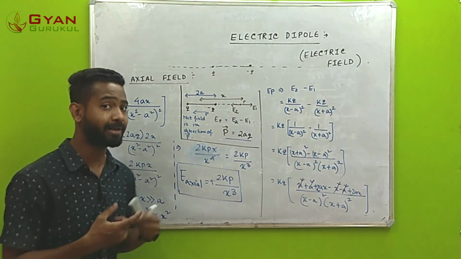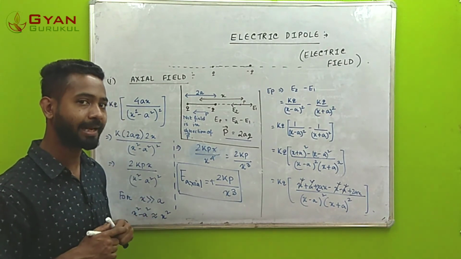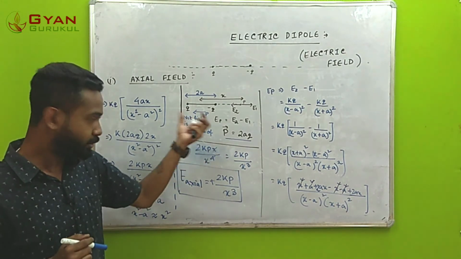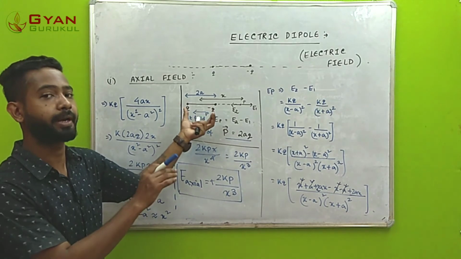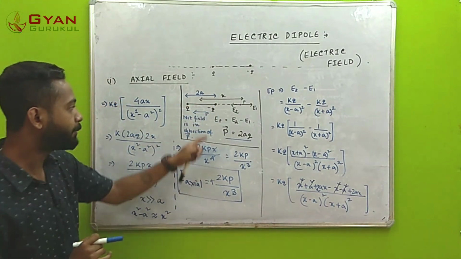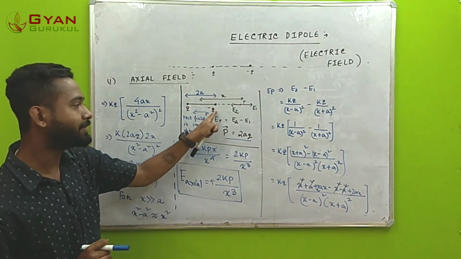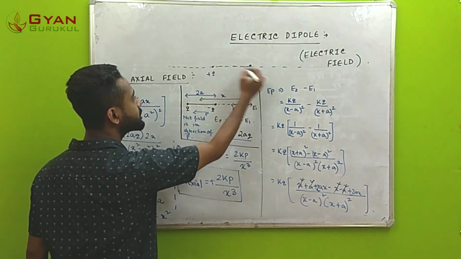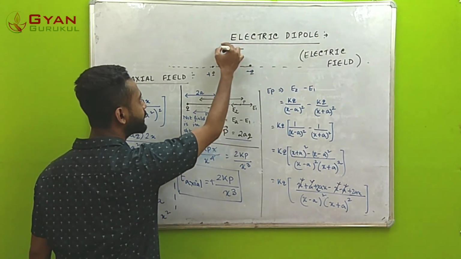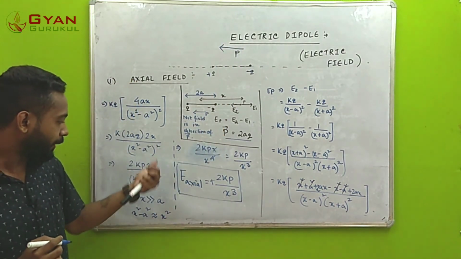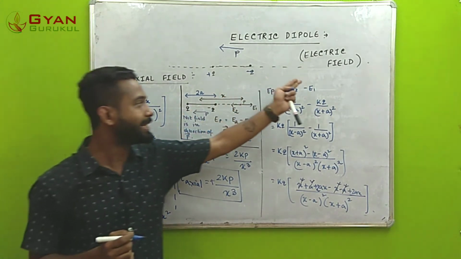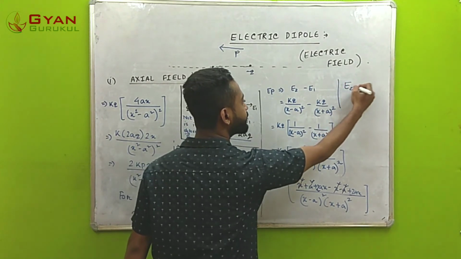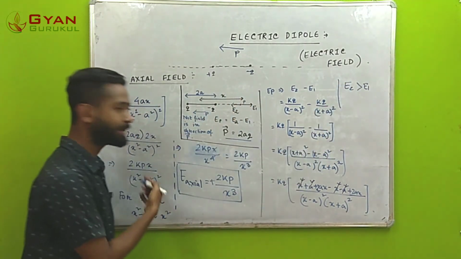Now, electric field being a vector quantity, you also need to know the direction of the electric field and the sign conventions as well. For that we need to take into account the figure again. If you see in the figure, dipole moment P is always from the negative charge to the positive charge, so it would be in this particular direction. Now since you have found out the net electric field by subtracting E1 from E2, you also come to know that E2 is a bigger field than E1. That is very much clear from the expression itself.